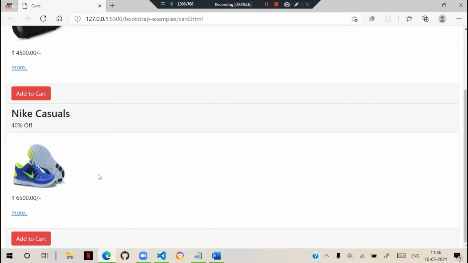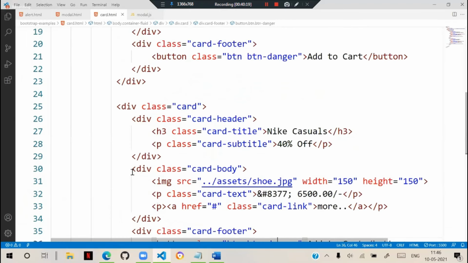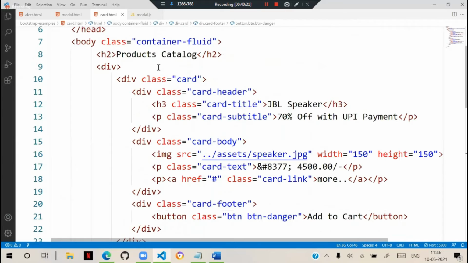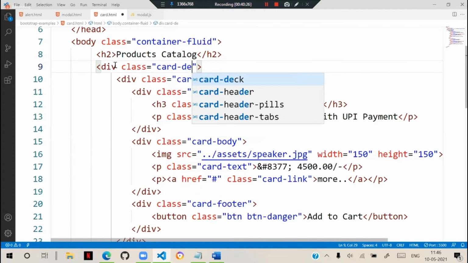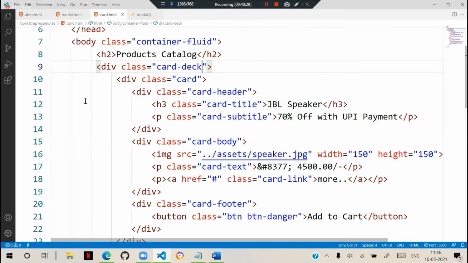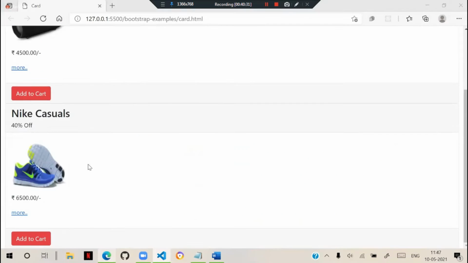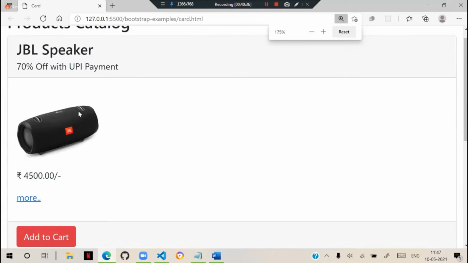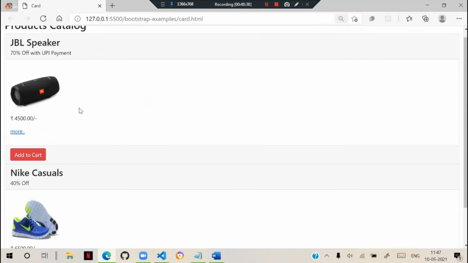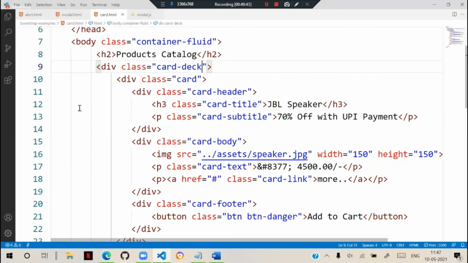Now what we have done is, both the cards I kept in a div actually. I can give this div the class card-deck. Card deck will keep all of these in this way. Now here responsive designs will come, and to keep the responsive designs, we have one more thing to do, which is flexible. In earlier versions, this card deck is enough. That means it will keep all flexible.